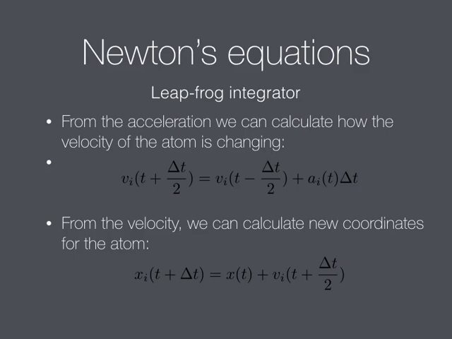So the idea is that I have x here, and I have v here. So I integrate v like this, and then I integrate x like this. And then I have the acceleration here to add up, a times delta t, which takes in the coordinates. So the more fundamental thing is that this integrator is symplectic, but what you can already see here is that